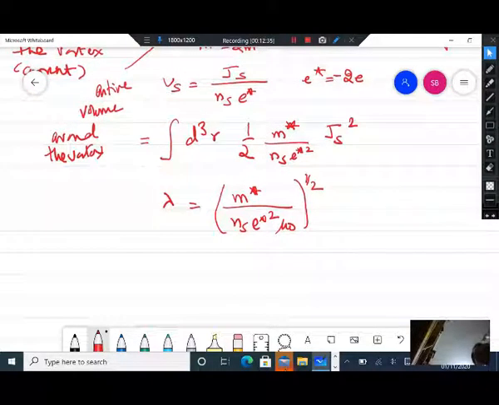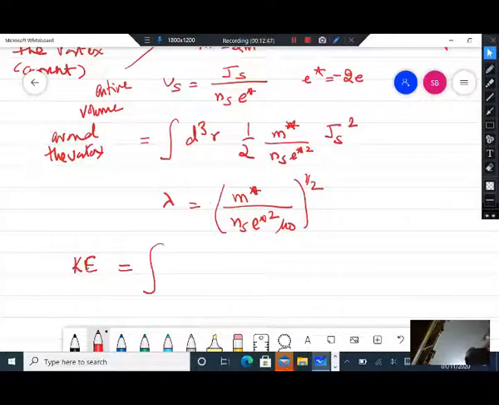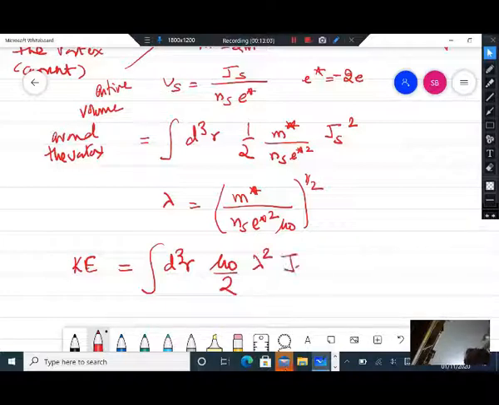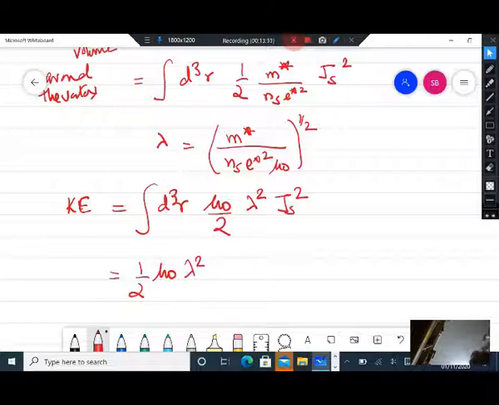So therefore the kinetic energy will be equal to the integral d cube r, mu naught by 2 lambda square Js square. And so this will become equal to half mu naught lambda square integral of Js square d cube r,